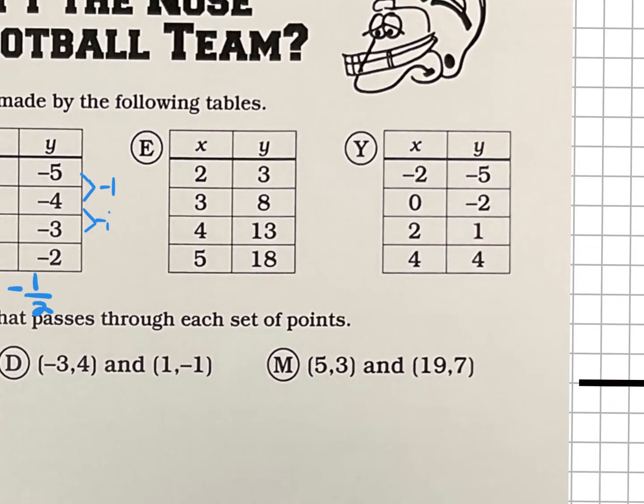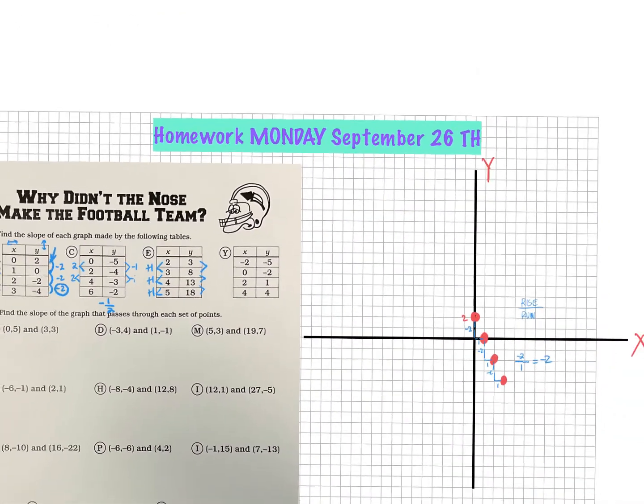This one should be easy to do. This one goes a certain amount, a certain amount. It goes up 1, or over 1, over 1, over 1. It keeps changing. So when I'm looking at the graph, I'm looking at how